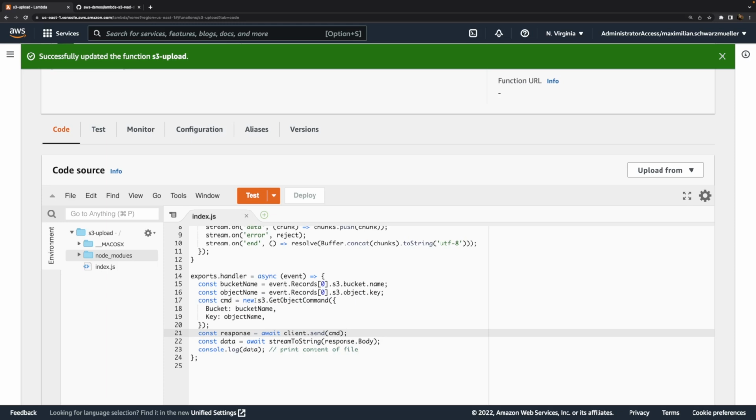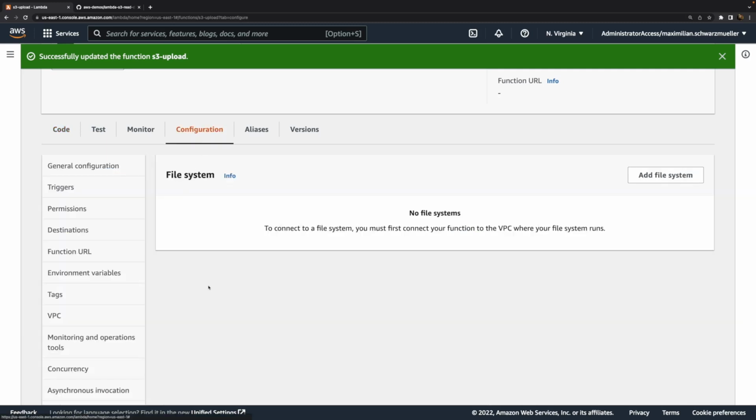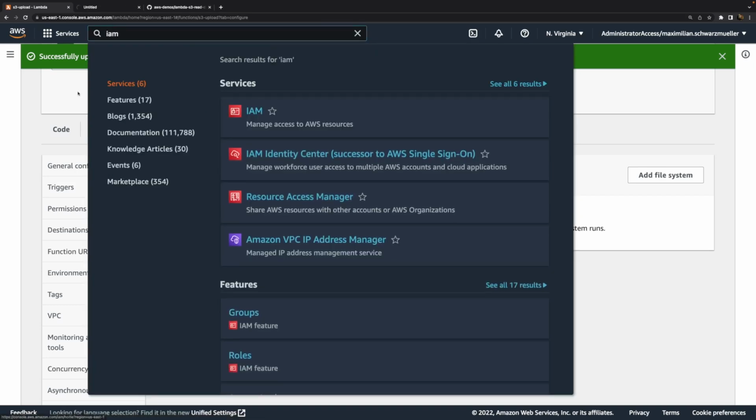Now, since I access S3 with this code, this function needs permission to access S3 and read S3 file data. That permission can be granted with the help of a role, just as we did in another video with an EC2 instance which needed permission to access DynamoDB. There we also created a dedicated role and then added the appropriate permissions through a policy to that role. We need to do the same thing here, but we already have a role.